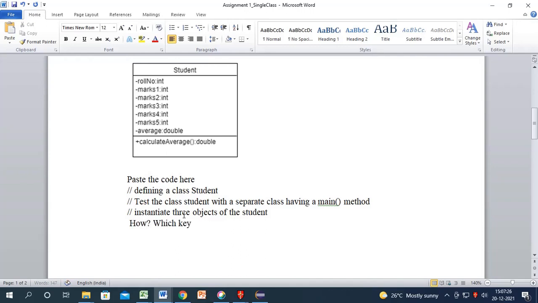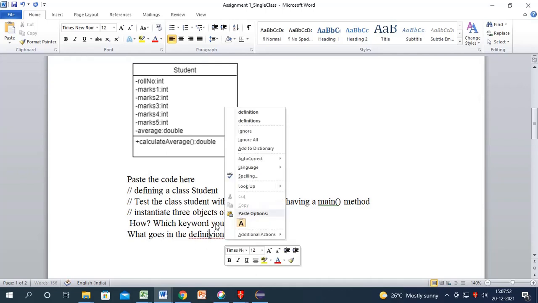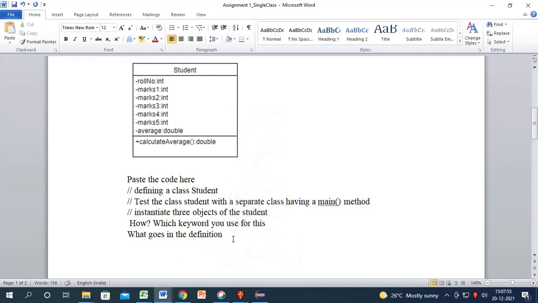Which keyword do you use for this? What goes in the definition of the student class? All this you need to know.